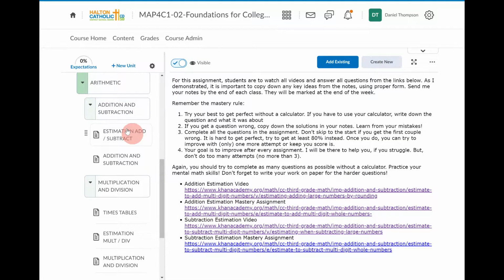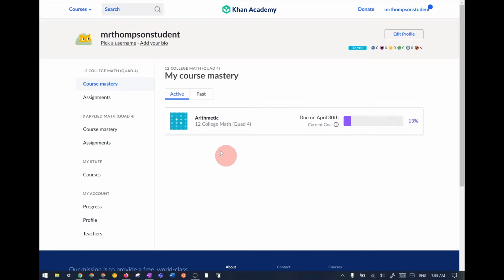So I'm opening up the estimation for addition and subtraction assignment here. We're going to go through this one together. I've already loaded it. Now, this is our first Khan Academy assignment, so I'm going to give you a quick tour here. If you've signed up for Khan Academy correctly, so you logged in with your MyHT Oakville account, and